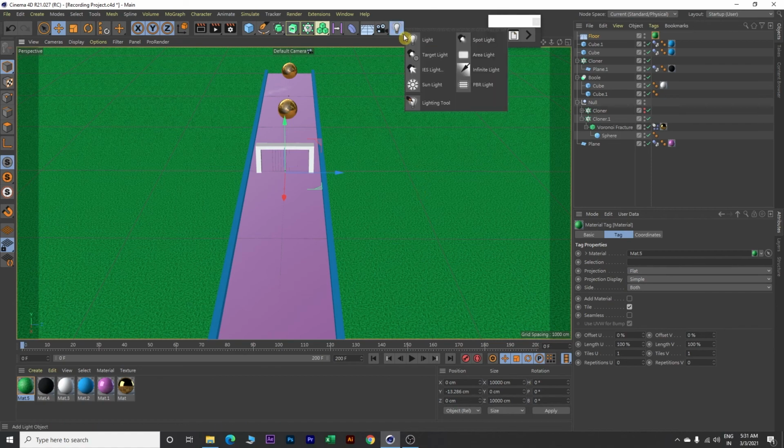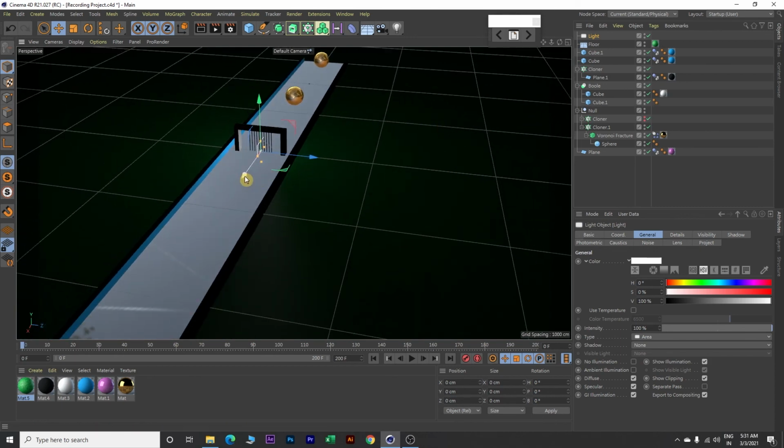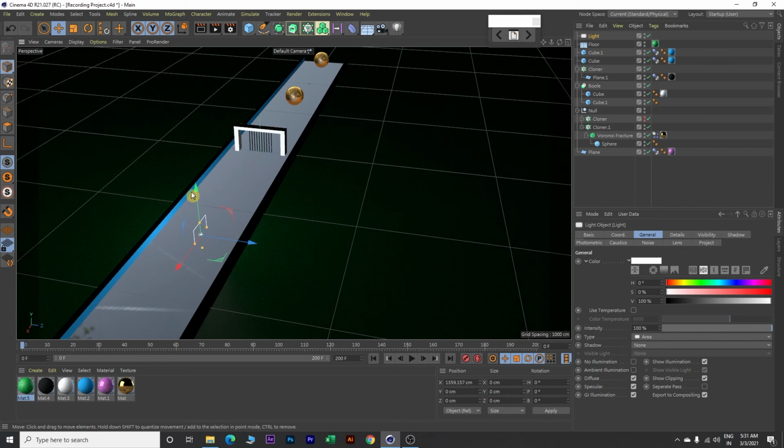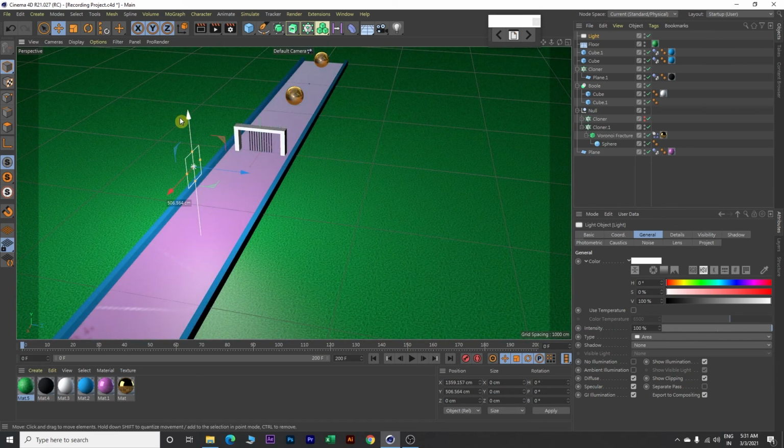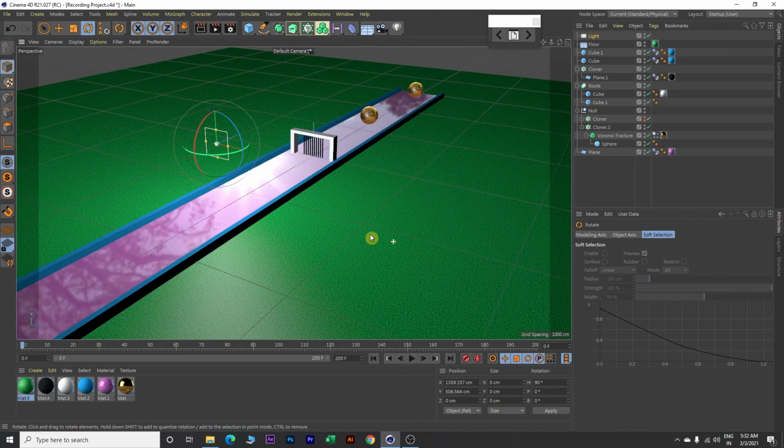Lastly, we will insert a light object. So click on light and select area light. Now over here, drag it little bit backward, bring it upward like this, and then click R on your keyboard and then rotate like this and make it 90°. Enter, and then again tilt it little bit towards the front like this. Perfect. Click E on your keyboard and bring it little bit upward. Okay, this looks good.